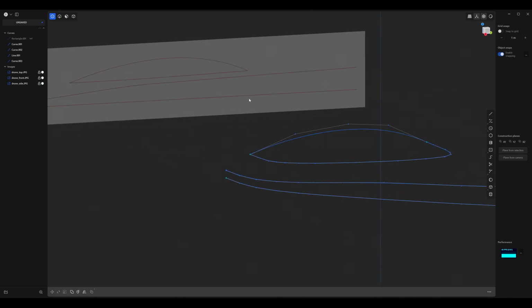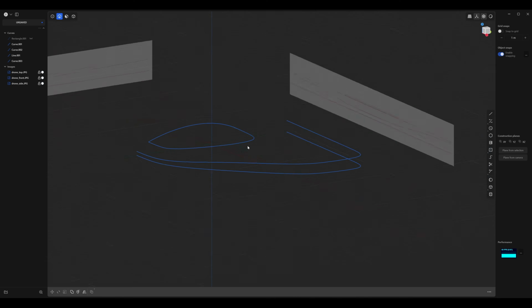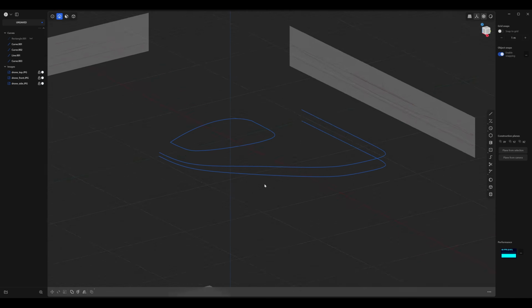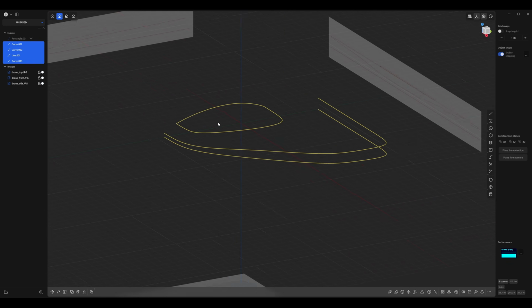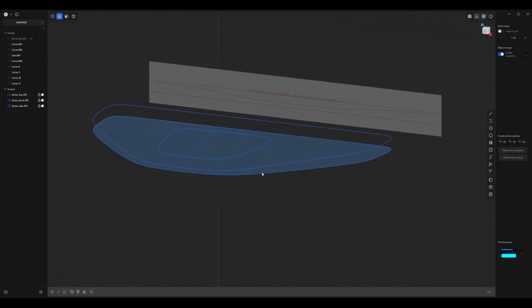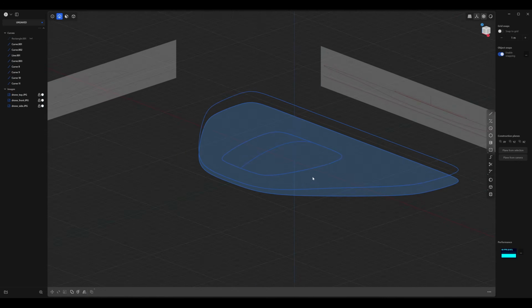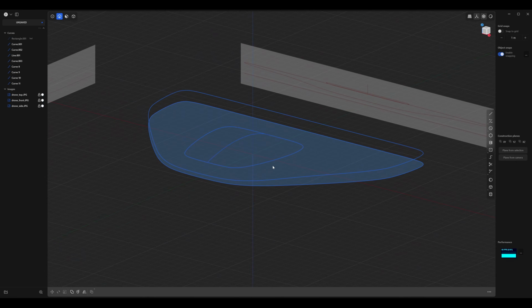Great, so now in our perspective view, you can see there's a little bit more of a volume indication between these curves, which is what you want in a spline cage. And before we move on, it's good practice to just select everything and mirror it just to see what it looks like in a more volumetric manner. So now you can kind of see the size of everything and see if everything's to your liking. Okay, go ahead and undo that.